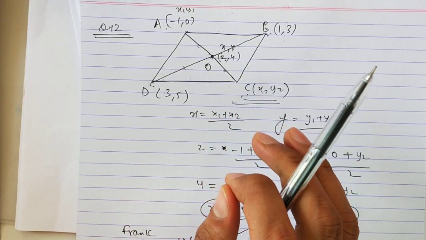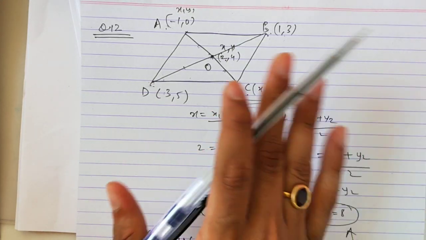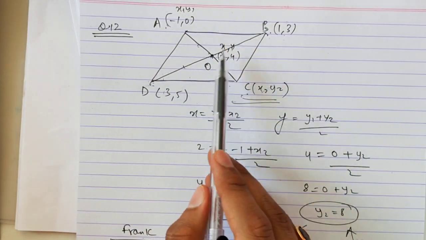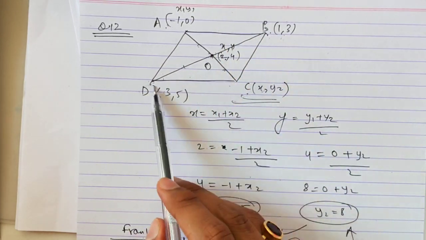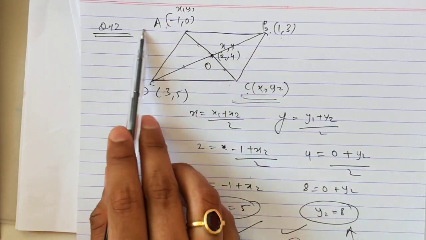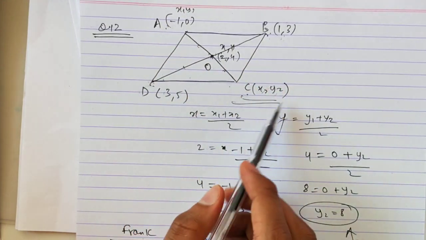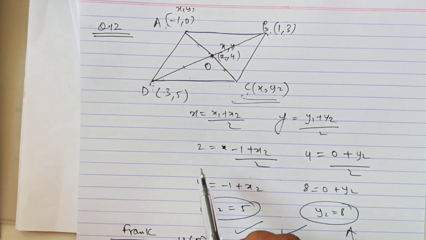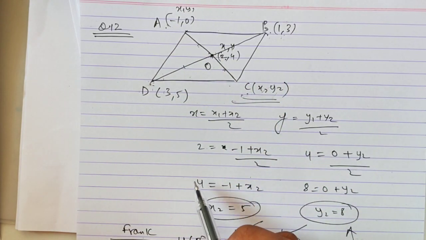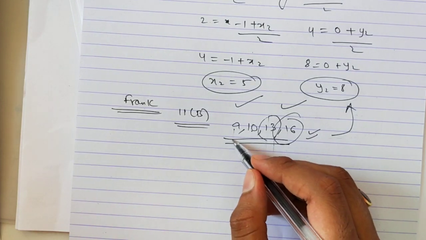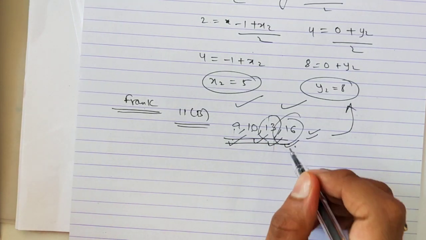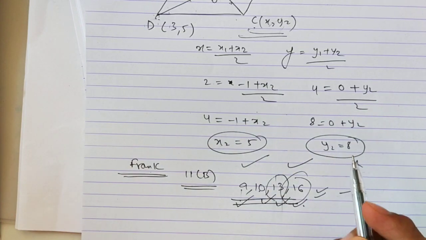So they give you a parallelogram or a rhombus or a square, any figure, you have to use the same method, where you first find the midpoint using these 2 points, and then using the midpoint and the known vertex you will find the fourth. The 3 points are given, the fourth point, which is unknown, has to be found using this method. So in these 4 sums, do not get confused, they are based on the same method. Even if they give you rhombus or square, you have to apply the same formula.